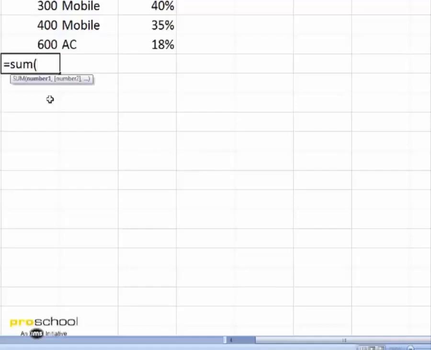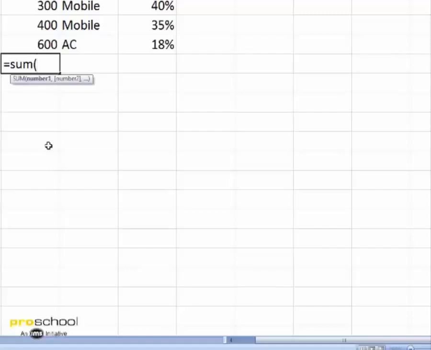In terms of arguments of the function, whenever you see a number which is any value which is shown like this, it means it's required, it's compulsory. And whenever you see anything which is in square brackets like the way number 2 is written, it means it's an optional thing. You may give it, you may not give it, the function will still operate. What this means is you at least need one number. If you want, you can go more than one number also.